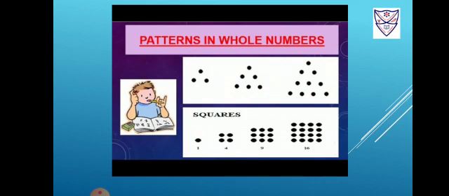Now there is another figure, that is a square. By using dots, a square is made. So let us understand this. Here students, you can see 1 dot, 4 dots, 9 dots and 16 dots are used. So by using these dots, a square shape is made. What are these numbers? 1, 4, 9, 16. These are known as square numbers. You can see that 1 square equals 1, 2 square equals 4, 3 square equals 9, 4 square equals 16. And squares are formed by using dots.